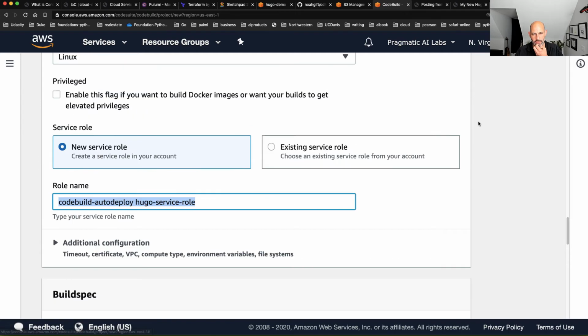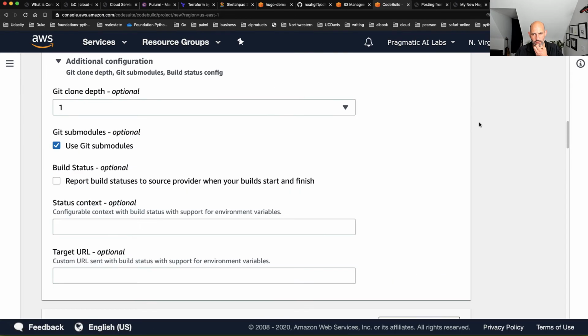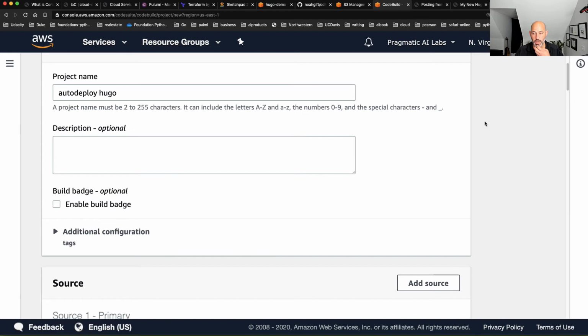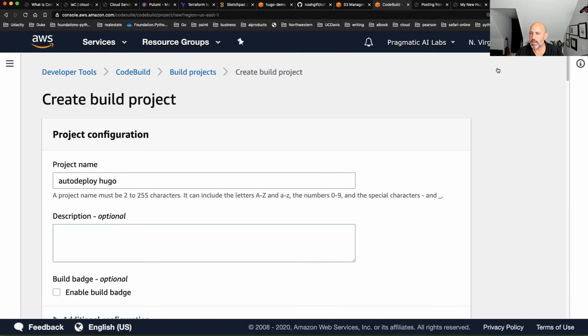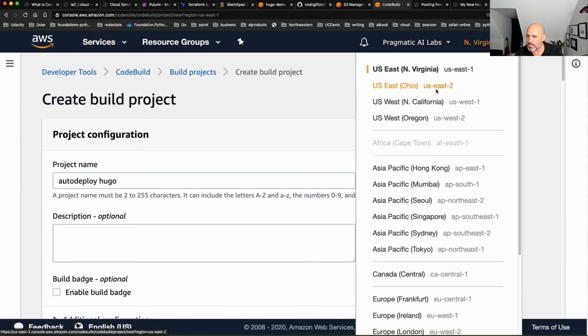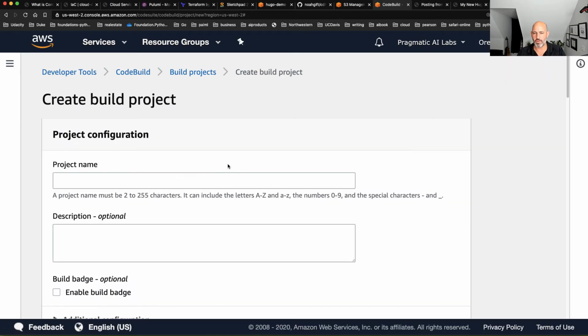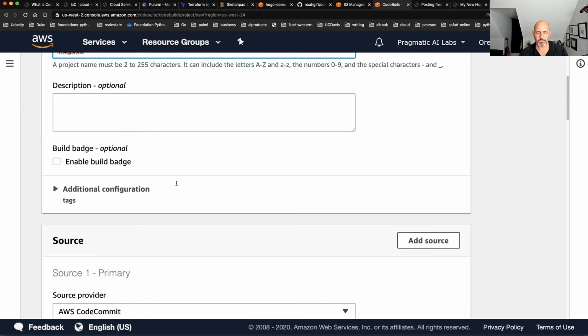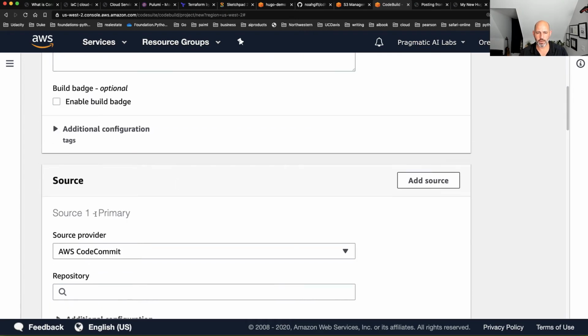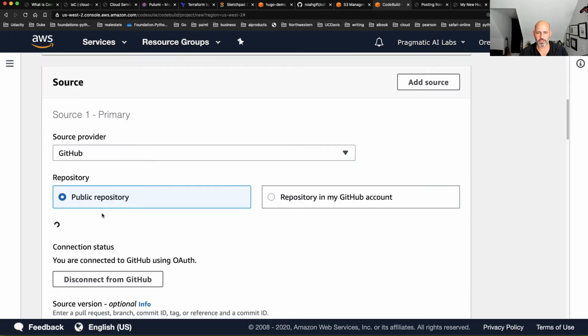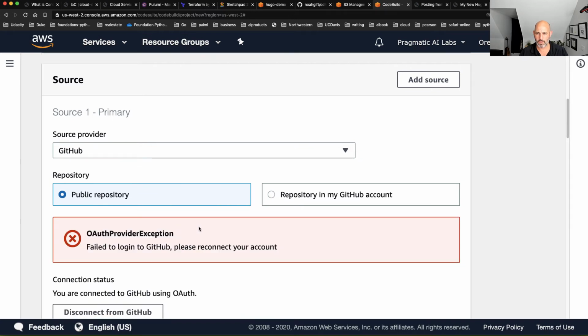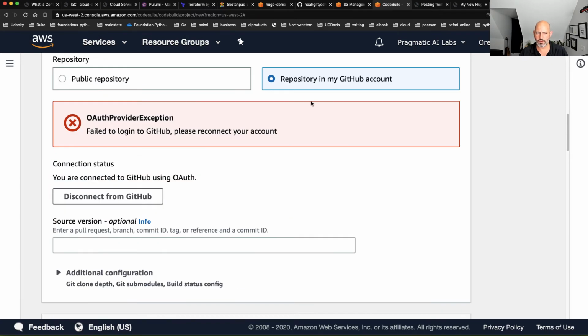That's a good question, actually. I guess we'll find out. But let's just keep it simple and use the same region, so that I don't screw myself up. So I'm going to just recreate this part. So we'll say Hugo continuous delivery. We'll say GitHub, just kind of recreate this stuff. GitHub account.